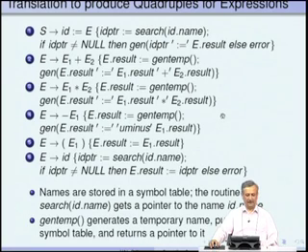Similar is the case of E going to minus E1, and E going to parenthesis E1 parenthesis does not require any intermediate code generation. It is just that the location where the result of E1 is stored is transferred to the location E.result. Finally, E going to ID